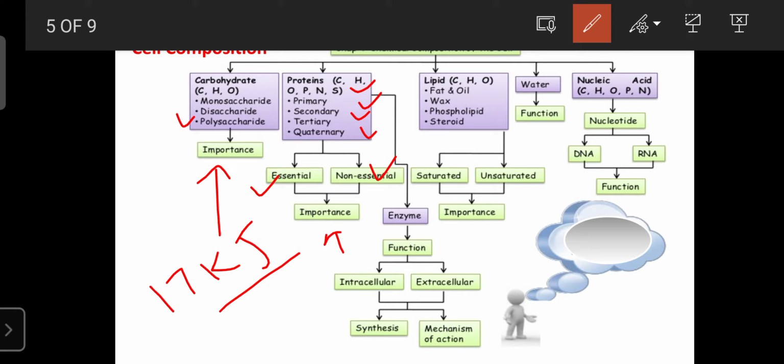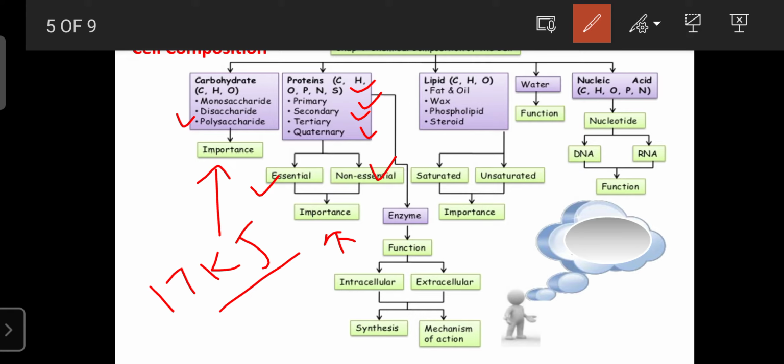Okay, and also the proteins are helpful for the synthesis of enzymes, antibodies, hormones. And proteins also play an important role in the formation of the components of the plasma membranes. The life of the cell depends upon the plasma membrane, and the strength of the plasma membrane mainly depends upon the presence of the proteins. So that's why proteins play an important role to maintain the integrity of the plasma membranes.